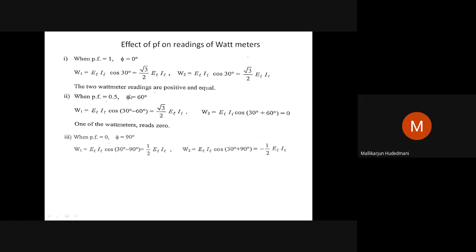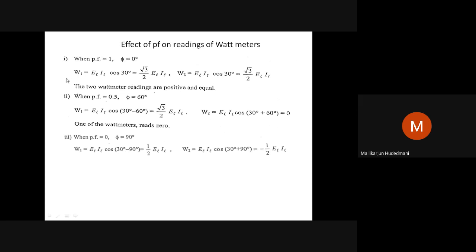So in between these, there is a shift. You can see 0 to 60 degrees, 60 to 90 degrees. You are shifting. In between, 30 degrees appears here. So there will be a chance that one of the instruments is trying to take its value to 0. So one reads, half of the other is missing here. What is the case study? When power factor is 0.866, nothing but angle equal to 30.